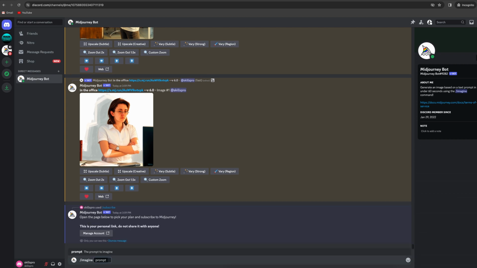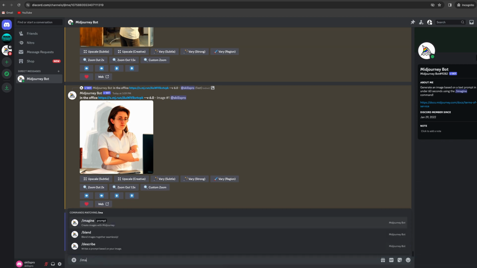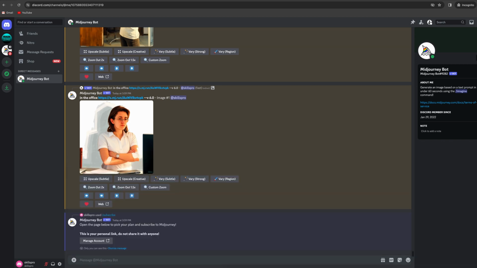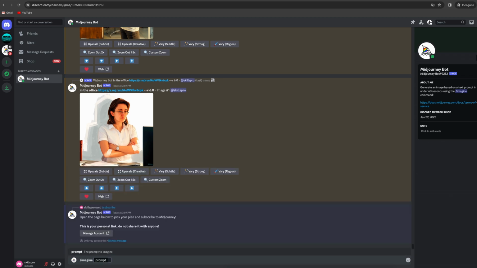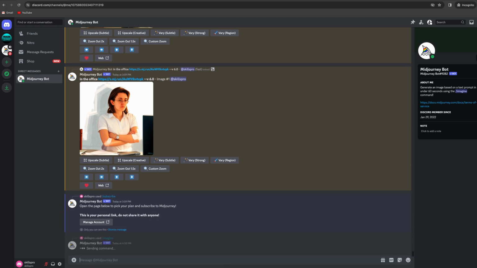Here's a little trick for you. Instead of typing this long command every time, after typing a slash, hit the Tab key and Midjourney will enter the full command for image generation for you. All you gotta do is type your prompt and hit enter. Let's come up with this prompt: black cat on a tree. Midjourney accepts our command and starts making the image.